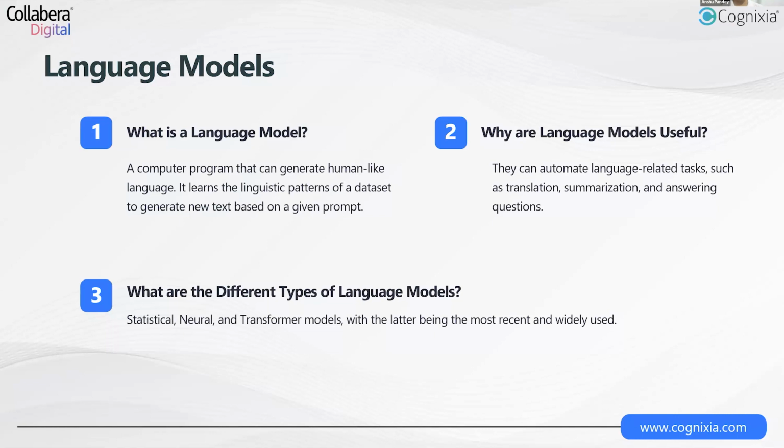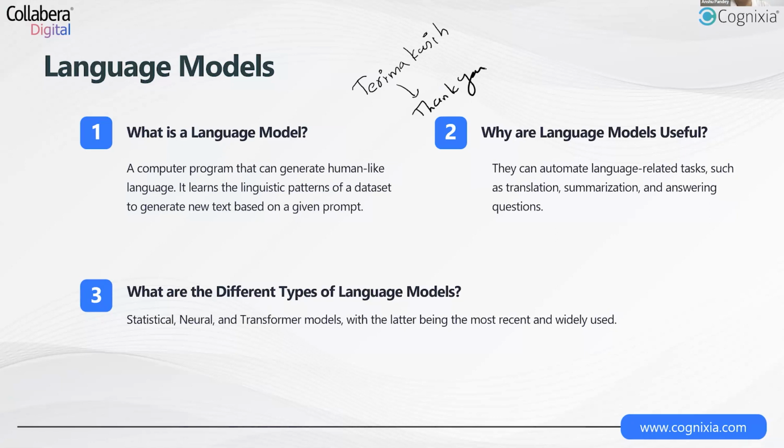To start with, the first word that we need to get into is: what is a language model? A language model can be thought of as a computer program which understands language like we humans do. We humans understand language in quite an effective way. If I give you a term such as, maybe, what do you mean by terima kasih? Now, maybe some of you may not have heard of this term or word, but you all know this actually. Terima kasih is an Indonesian word which means thank you.